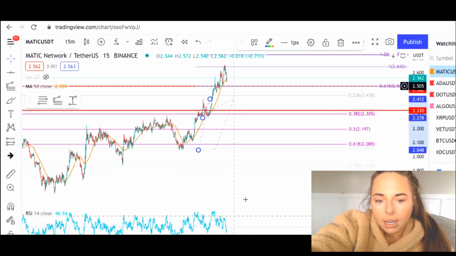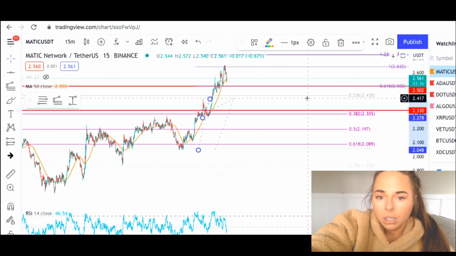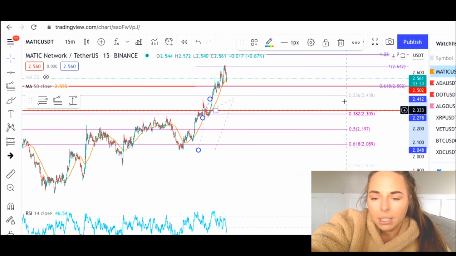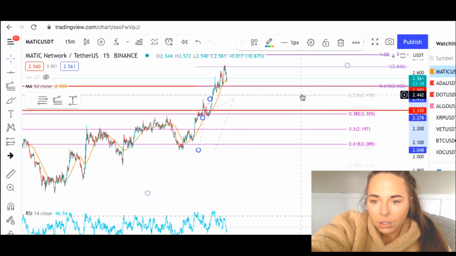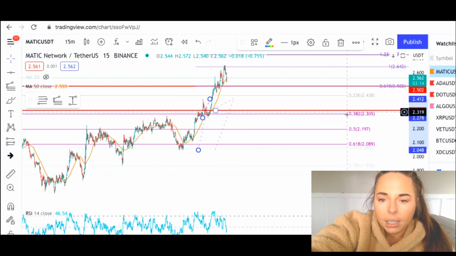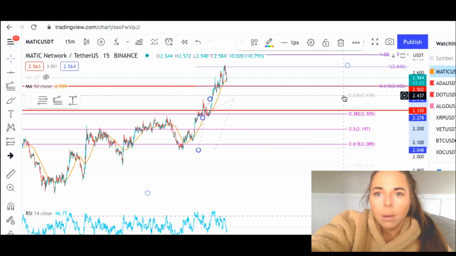Now that it's coming down, I'm watching the tops, making sure that they're losing strength, and I'm adjusting my fibs for the new high that it's making. I have these marked here, and you can see the 0.236 fib here is going to be my first divest point. It is going to be a little bit of a loss at 2.43. I'm going to divest some off my position, and then I'm going to be taking profit on the rest of it at 2.30, which will average it out to a profit on that trade. So that's my plan for now, and that's usually how I go about trades.